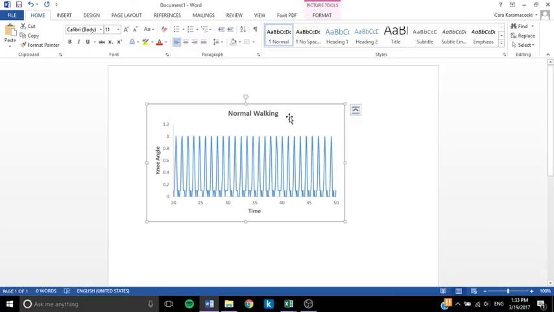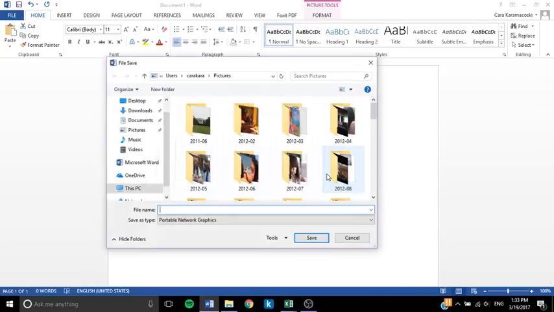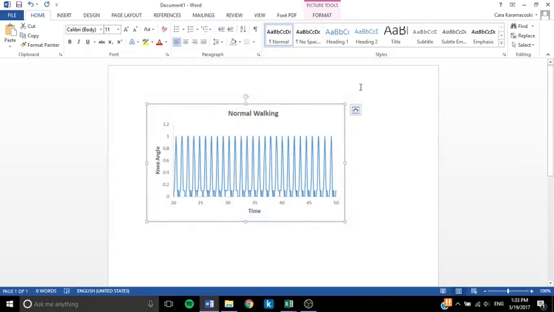And then you're just going to right click on this picture and you're going to save as picture, and you can name it whatever you want. So I'm just going to name it Kara1. Save. And that's it. You can do that for the rest of them